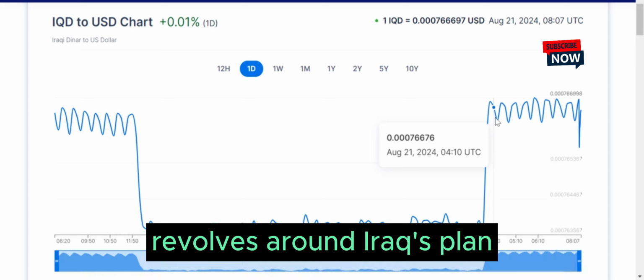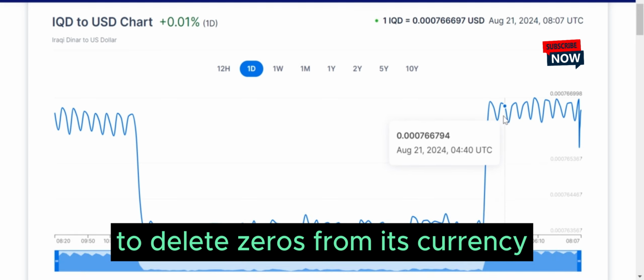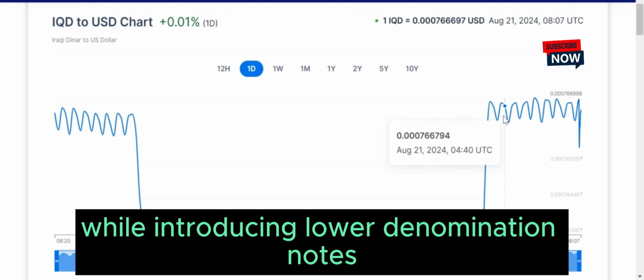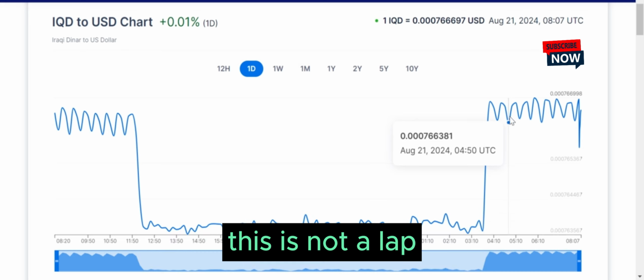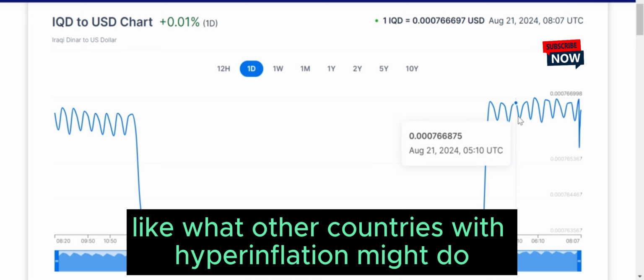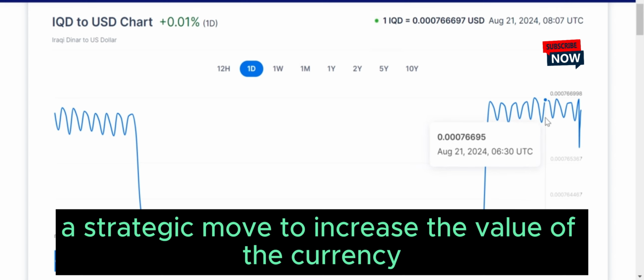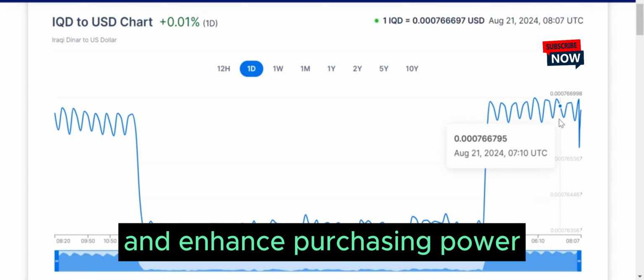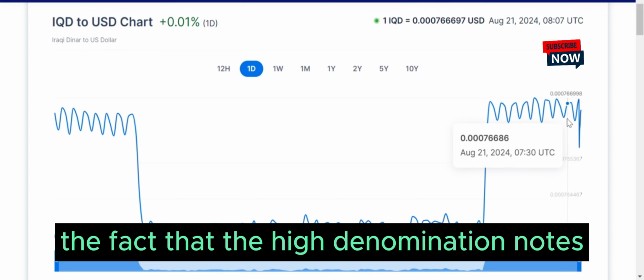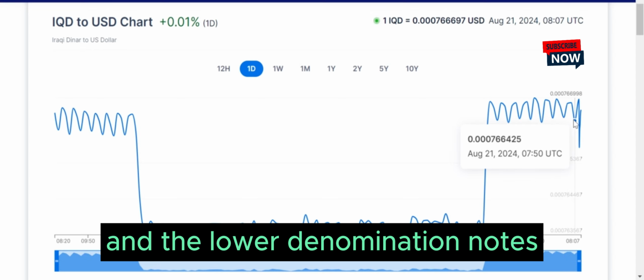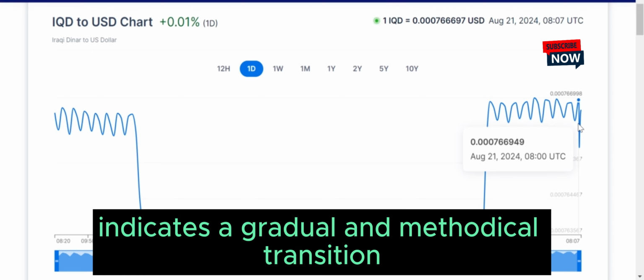in summary, the conversation between Mr. Sami and Frank revolves around Iraq's plan to delete zeros from its currency while introducing lower denomination notes. This is not a lop like what other countries with hyperinflation might do, but rather a strategic move to increase the value of the currency and enhance purchasing power. The fact that the high denomination notes and the lower denomination notes will coexist for 10 years indicates a gradual